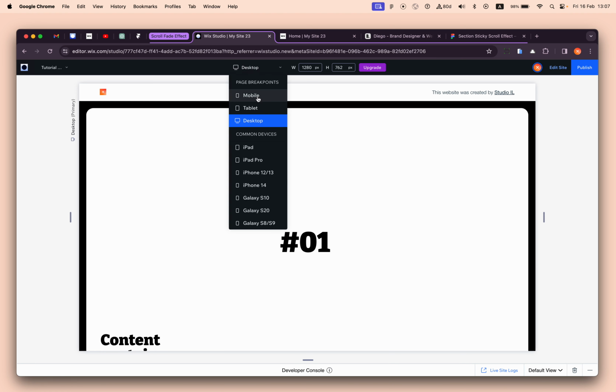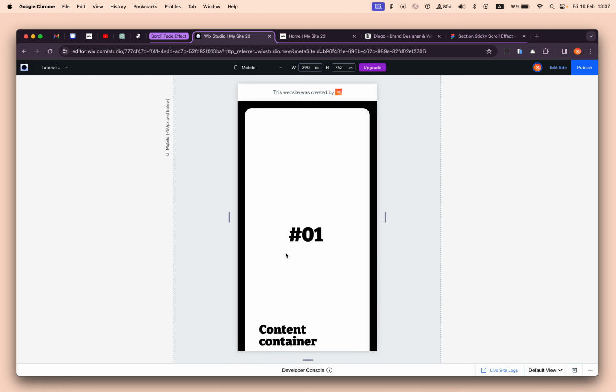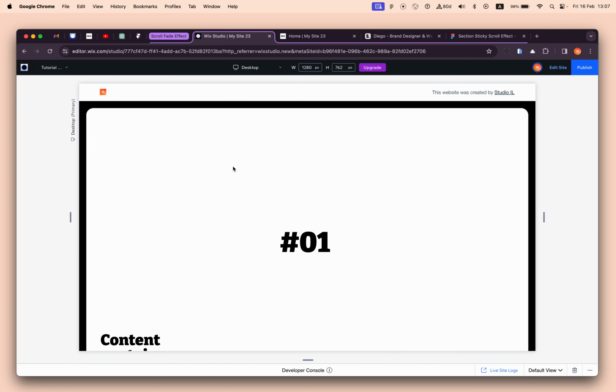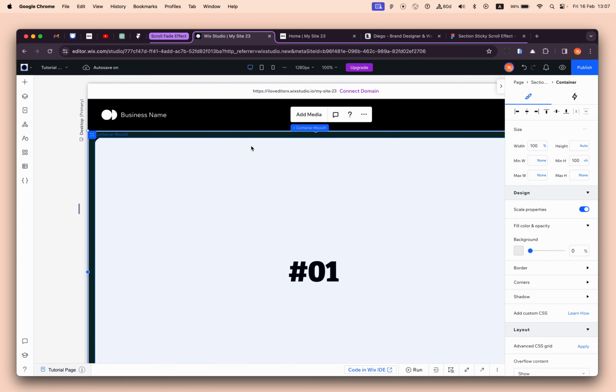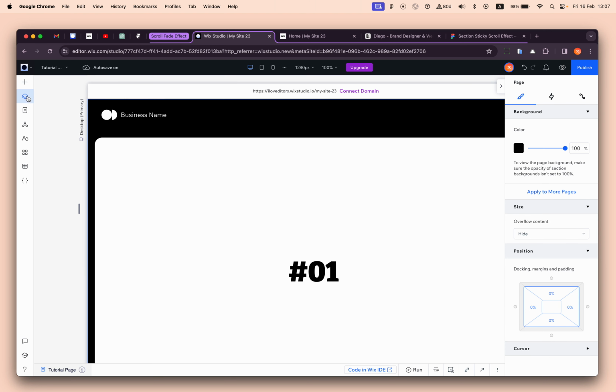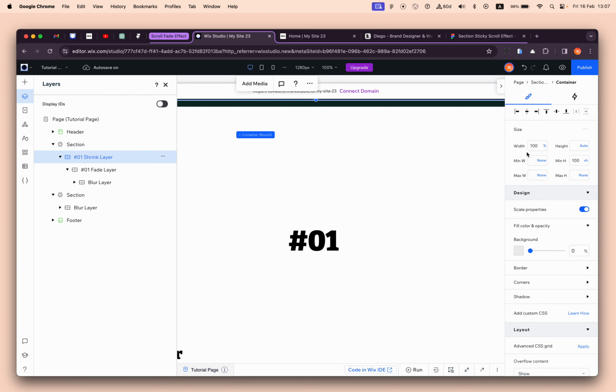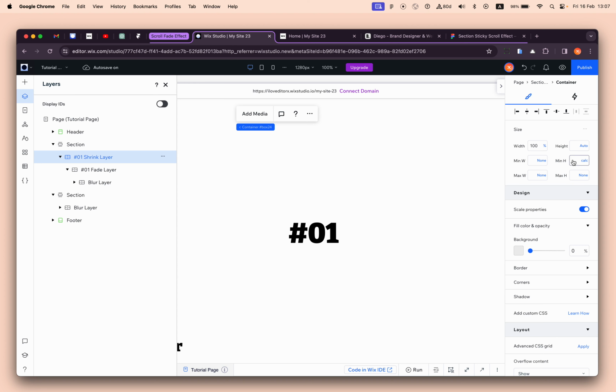If I go to mobile, it's already somewhat adjusted because I already took it from the live example. Alright, so let's remove the height from the 100 VH. If you have a premium, you don't need to do it, but I need to do it to remove the 50 pixels of the banner height. So it's 100 VH minus 50 pixels. By the way, the reason that I'm using min height and not height is because